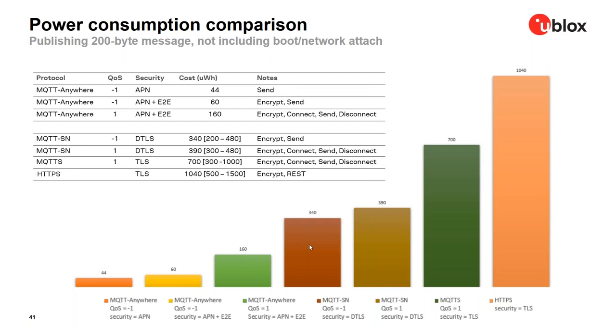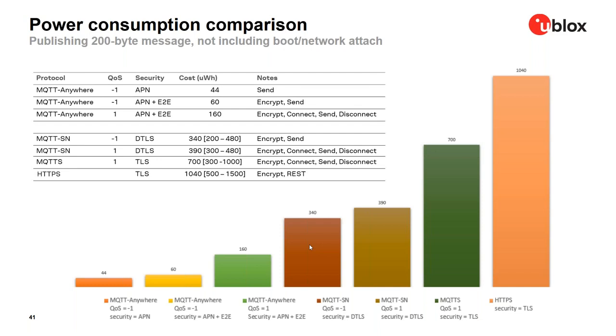You are also dealing with a sort of uncertainty. You cannot completely predict what will be your final energy consumption, because it depends also on the network. You are doing the whole handshaking in order to get to the shared key, and it means a lot of flights between the device and the broker. So we have a best scenario and a worst scenario, depending on how lucky you are in terms of your connectivity. So you have a range here.